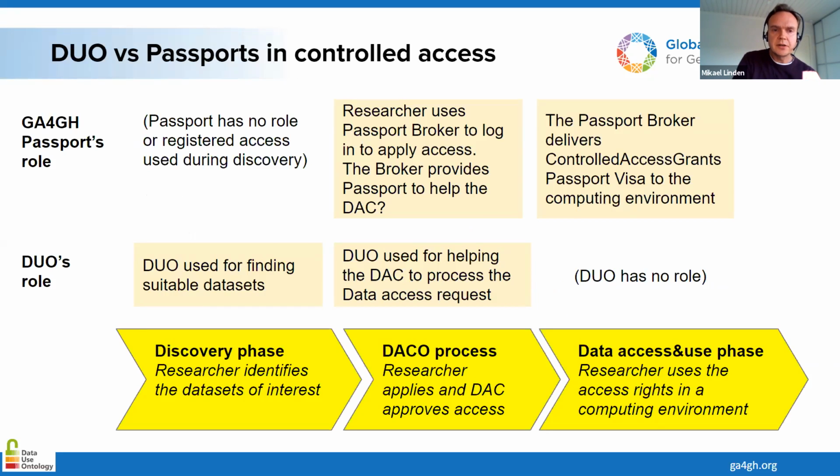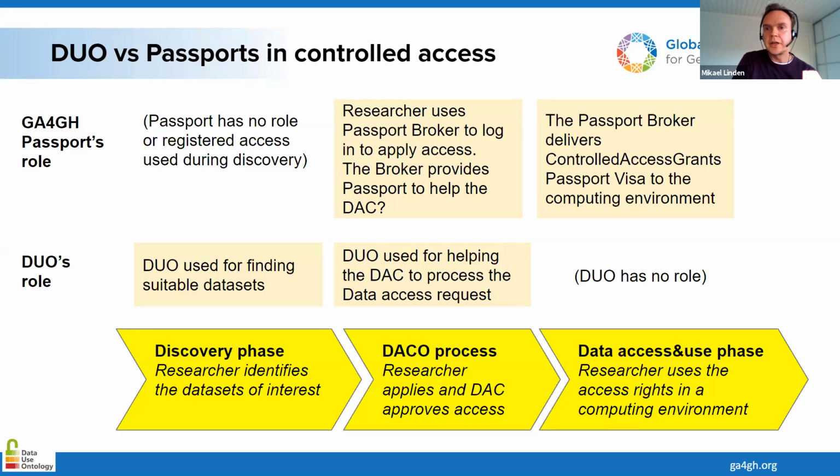First phase is the discovery phase, where a researcher identifies the datasets they want to apply for access. Second phase is the DAC process, where the researcher files and the data access committee approves the data access application. And the third phase is the data access and use phase, where the researcher actually uses the access rights,